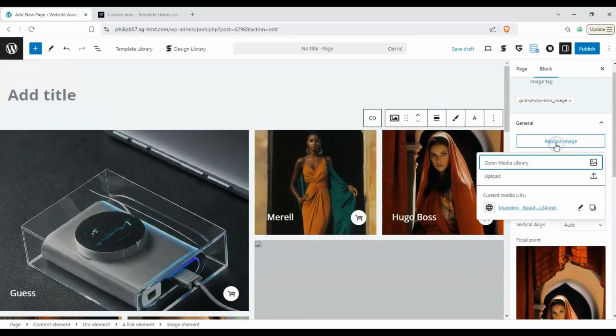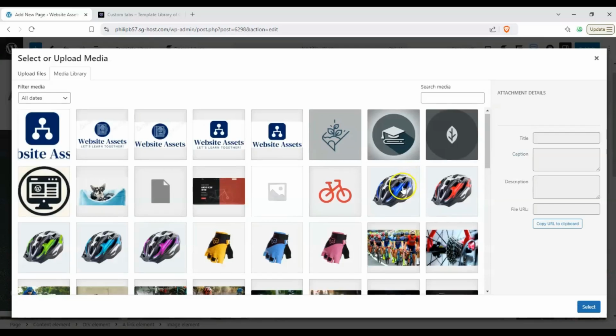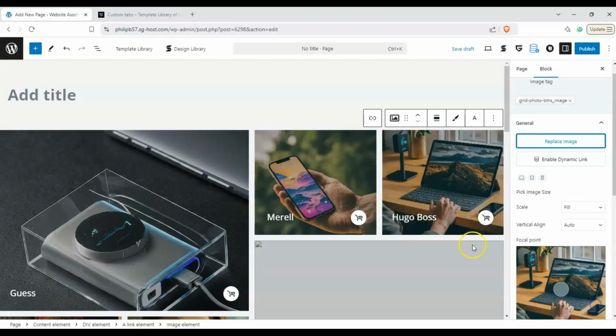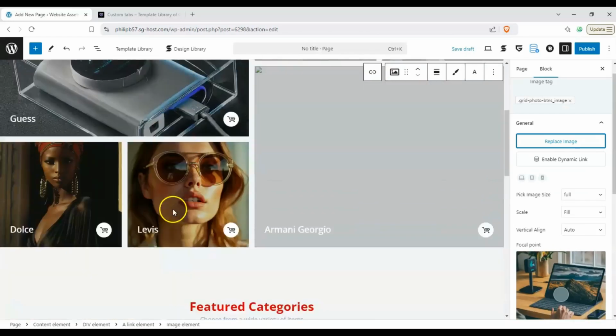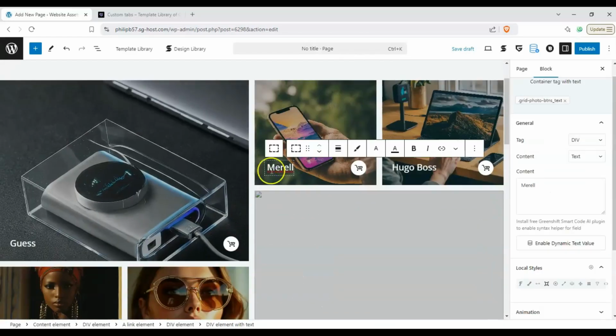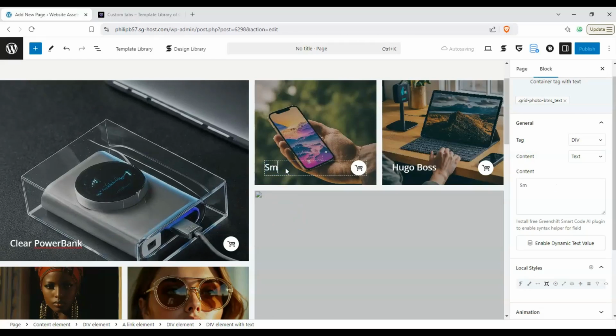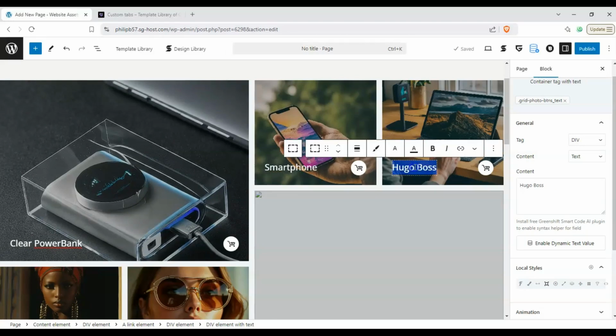And this one, maybe with a tablet, if we can find it, with a kickstand, there we go. And so on and so forth. And then if we wanted to change the text to clear power bank, smartphone, tablet,